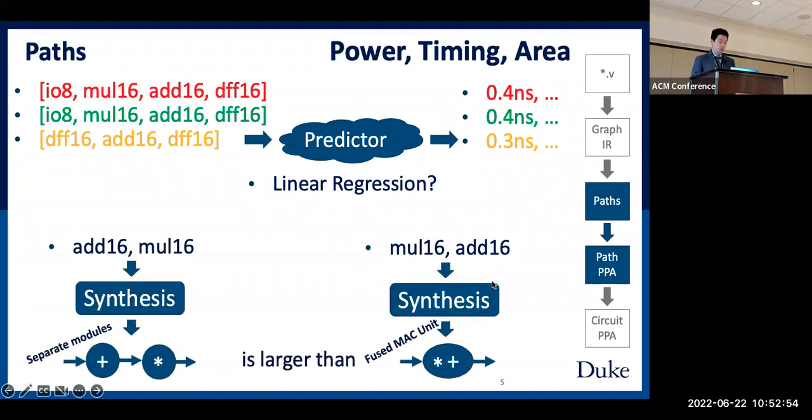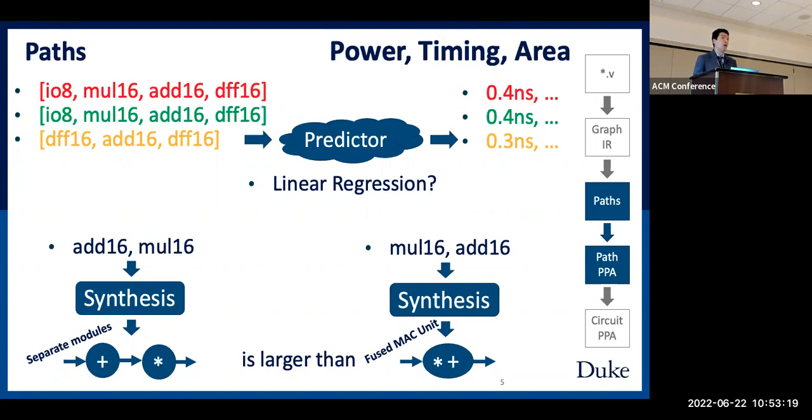However, the synthesis tool can recognize that a multiply followed by an addition can be optimized into a simple MAC unit, which results in lower resource consumption than simply linking the adder and the multiplier together. But the issue is the linear regression model cannot distinguish these 2 paths as they have the same count of different types of functional units.